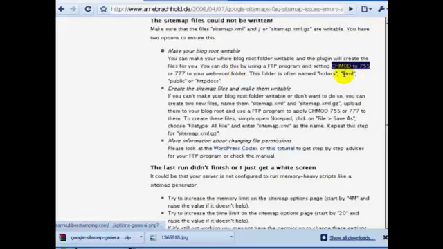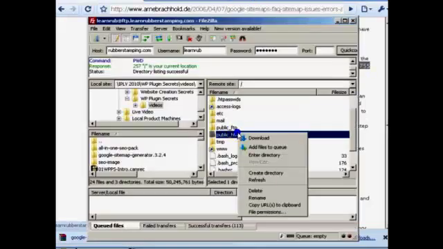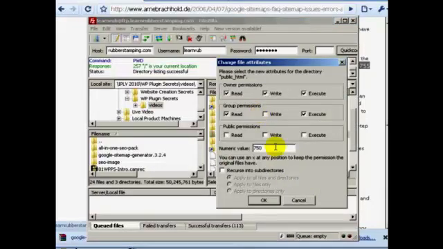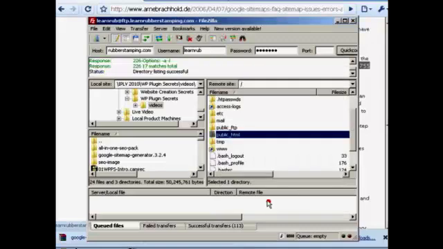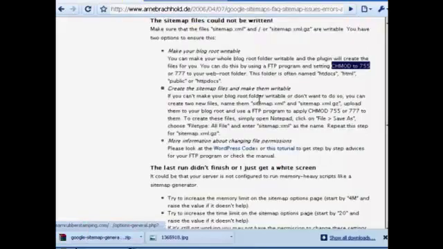You might see something like HTTP docs or htdocs or HTML. What I want you to do is right click and click on file permissions. Now right now it says 750, so keep a note that it was 750. But what I want to have it as is 755. Click on OK and go back here,